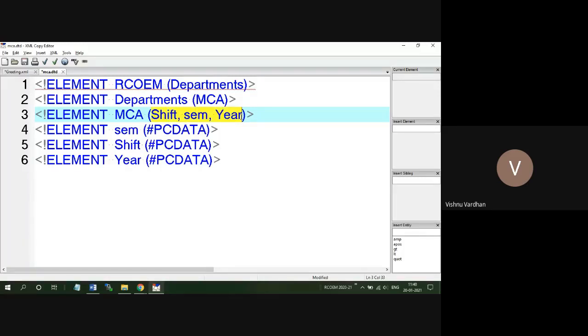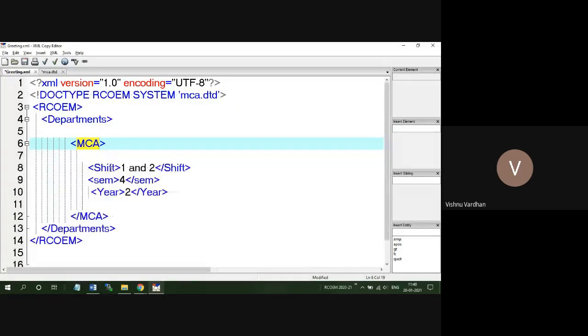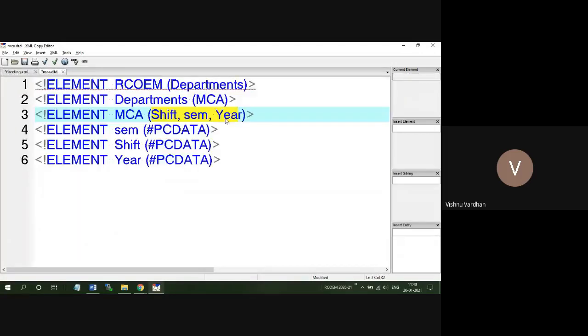तीनों एक ही के अंदर आ रहा है. तीनों एलिमेंट्स MCA के अंदर आ रहे हैं, so that's why we are writing here in this way and in this order only, shift, same, year. So when I open this MCA, तीनों इसी के अंदर आ रहे हैं, shift, same, year, and then again it is also a compound element. So these three are compound elements, these three are simple elements. Clear? Yeah. So